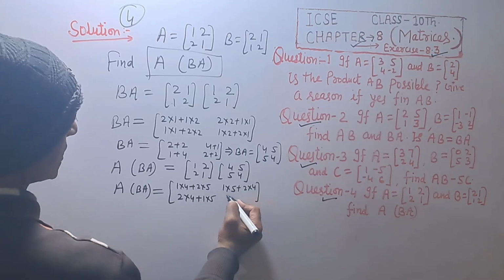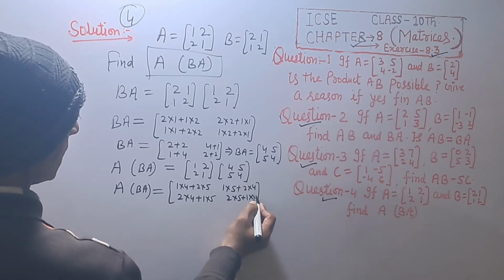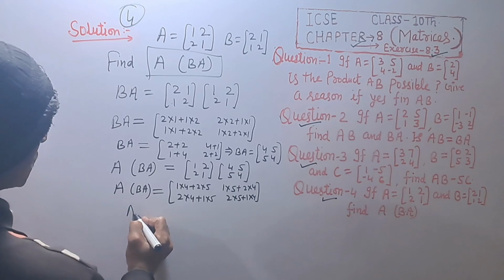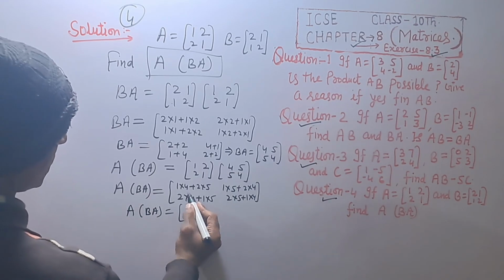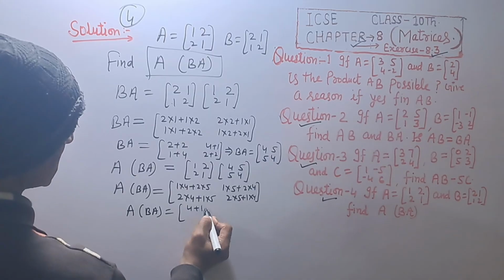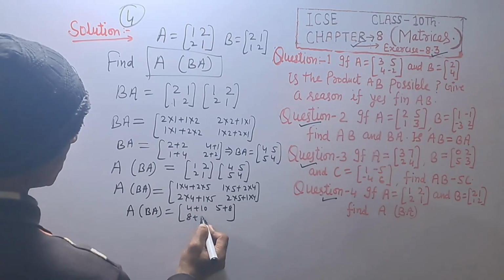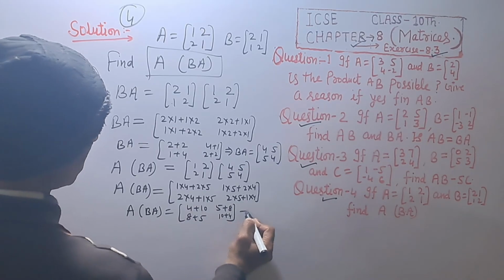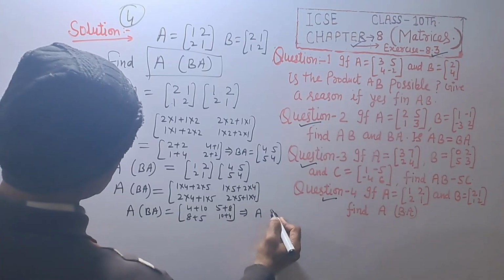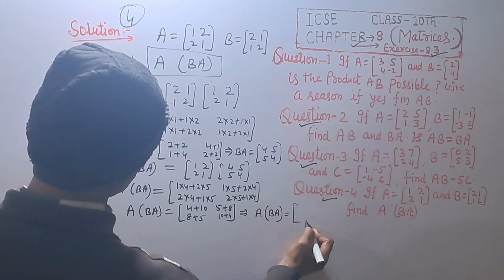And second row second column, 2 multiply by 5 plus 1 multiply by 4. So A into BA equal to 4 plus 10, 5 plus 8, 8 plus 5, 10 plus 4, which implies A into BA equal to